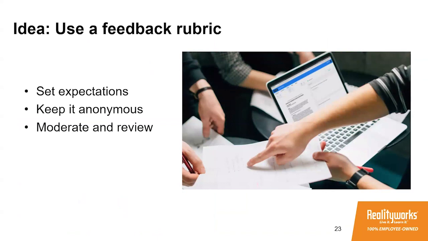Our next idea is to use a feedback rubric. Peer review and peer-to-peer feedback are a really great way to help students develop skills like critical thinking and communication. Plus, it's another opportunity to increase student engagement and help your students see the relevancy of what they're doing. If you'd like to incorporate feedback in your classroom, we recommend using a feedback rubric to fine-tune the process and encourage specific suggestions. The educators we've spoken to have also shared the following tips.